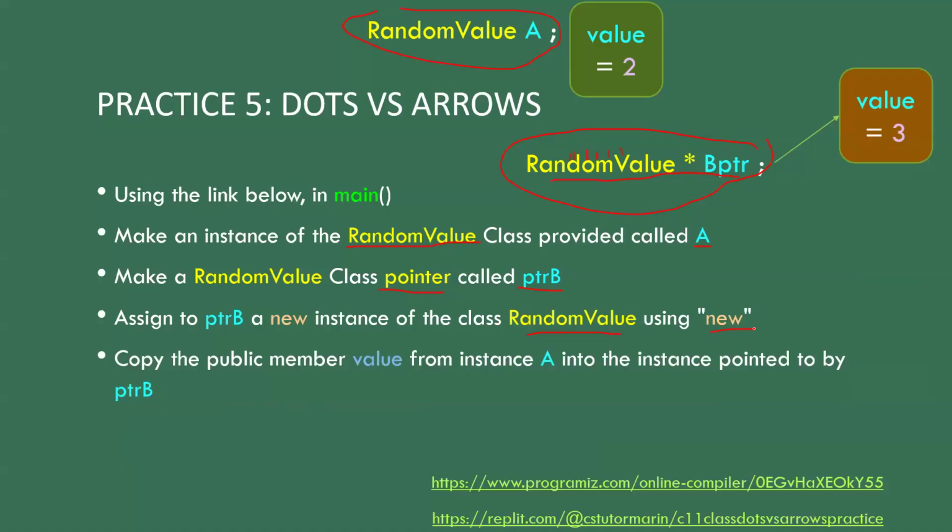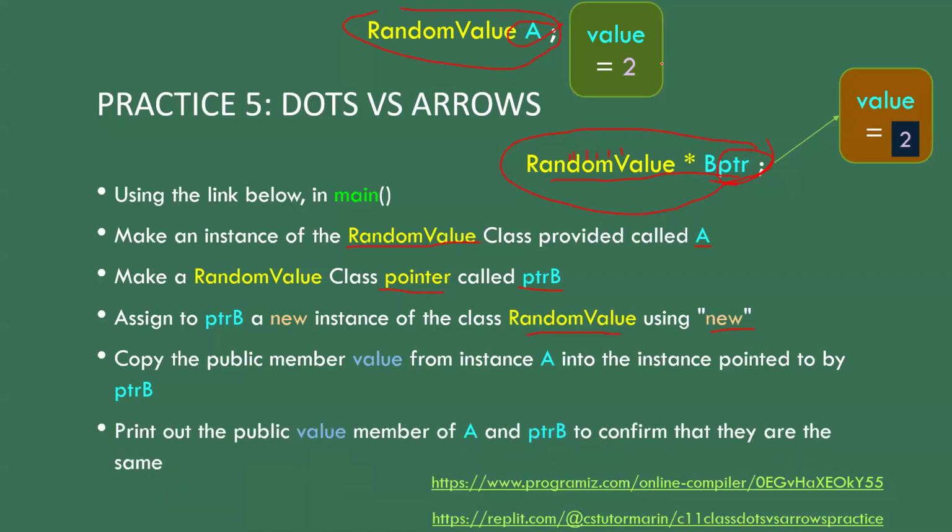So this one should be pretty easy. I'll check the code here with you in a second. And then the test, like this is going to be in your quiz, right? Can you copy from one thing to another, right? So how do I copy the value from B pointer over into A, right? Or vice versa, right? I think that's what we want to do, okay? So let's just look at what we want to do, right? We want to copy that thing over there, okay? So it's really going to be B pointer arrow value equals A dot value, okay? So if you can kind of unwind that logic, then you're probably in pretty good shape. And then, of course, print those things out to make sure that you actually made that change, right?